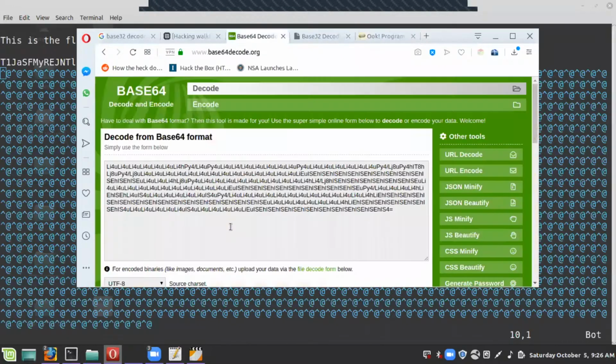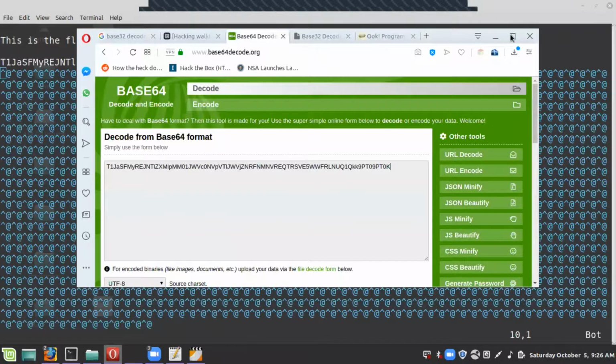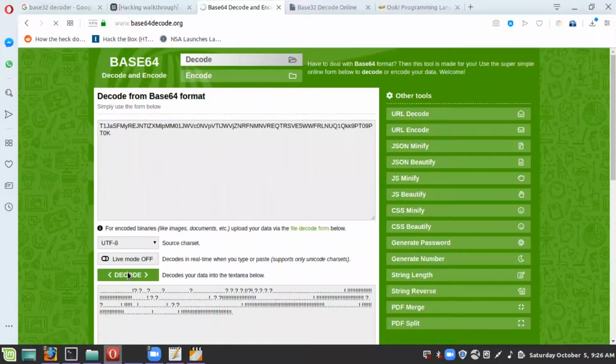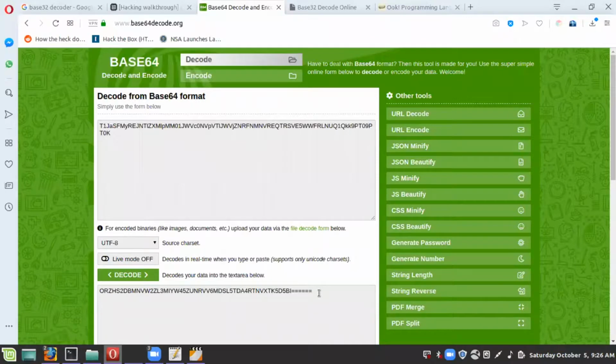All right. So when we paste that and we actually decode, I'm sure you are seeing this screen. When we have decoded it,